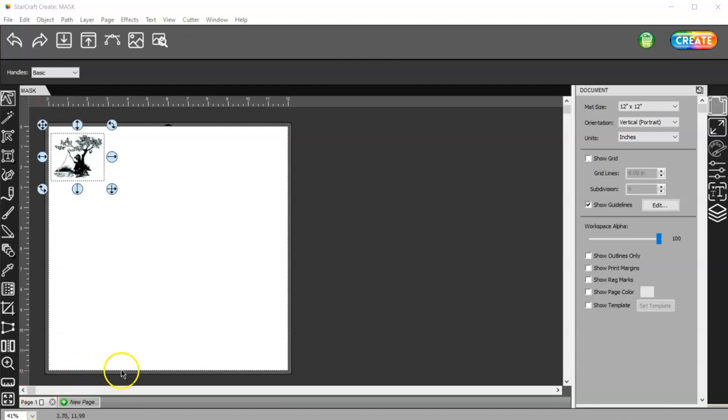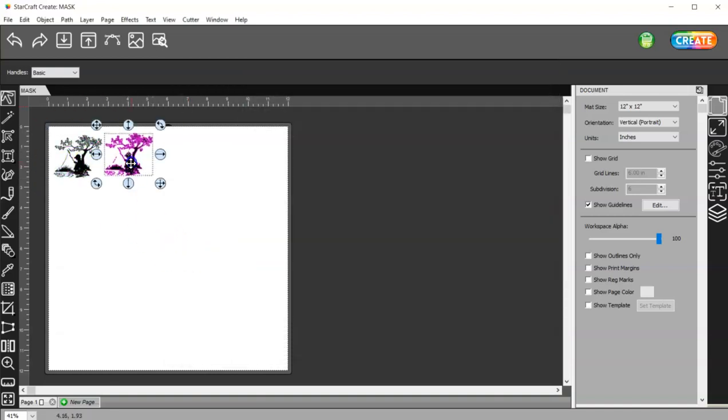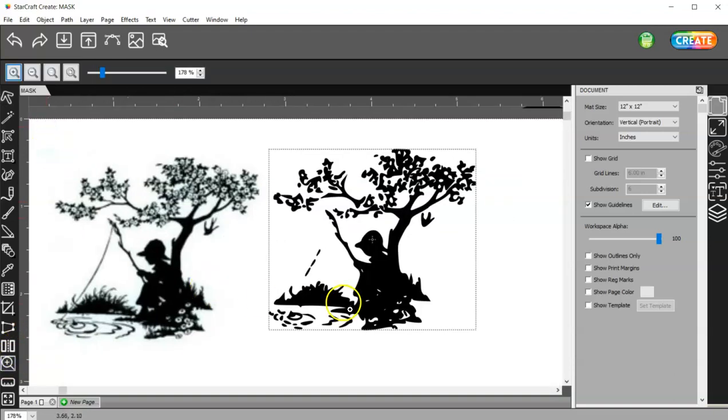In this video, I'm going to go over the mask option again in the trace window. I just wanted to show you that I'm going to go ahead and leave all of this as is and click OK. I wanted to show you that in the trace window, I can add his fishing line back in. I can make this more defined so you can tell in between his legs, and maybe add some more